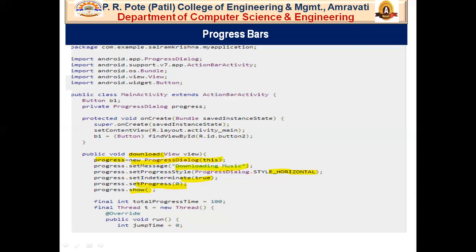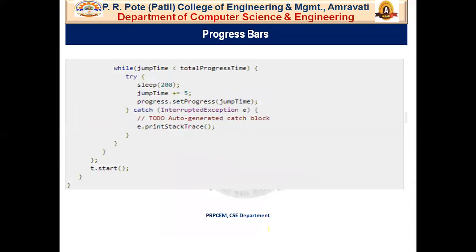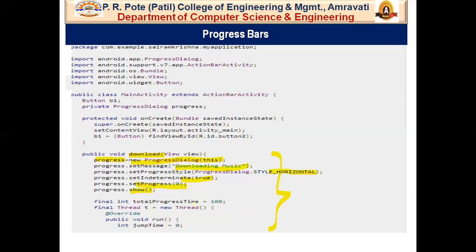So now we have done, as here we are running a thread which will continue to run on its own, and it will increase the progress bar one by one. So we have taken one new thread. In that thread, we have implemented the run method. The jump time is initially set to 0.